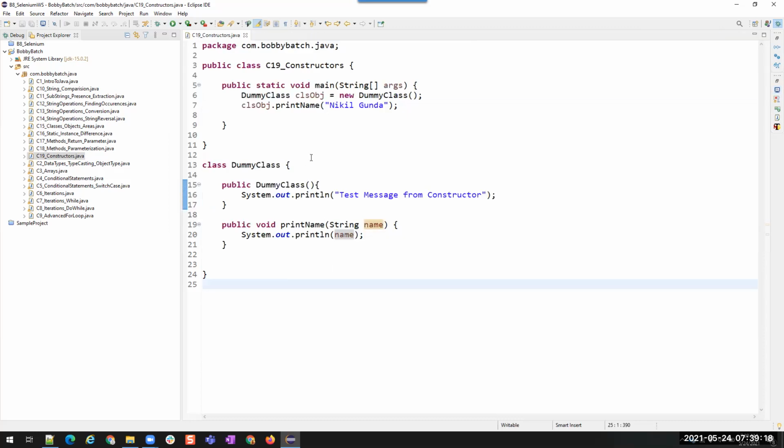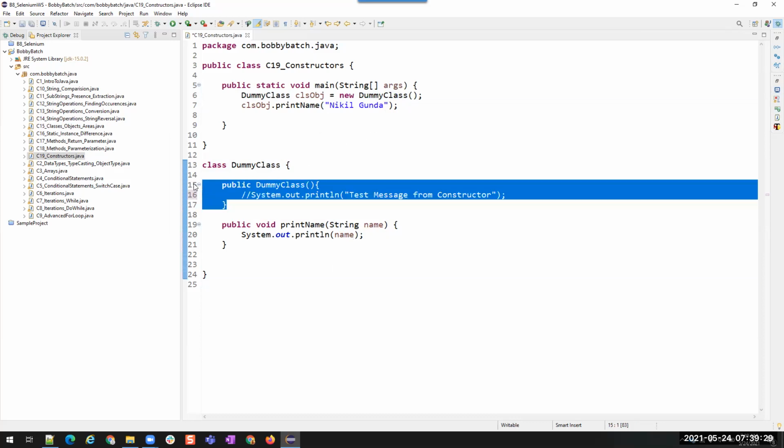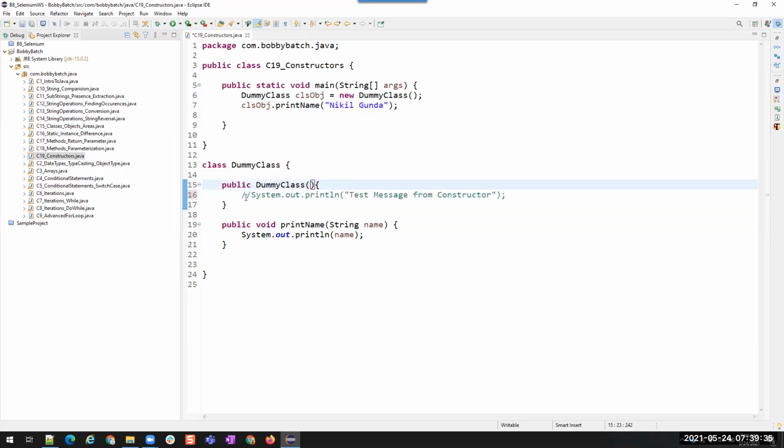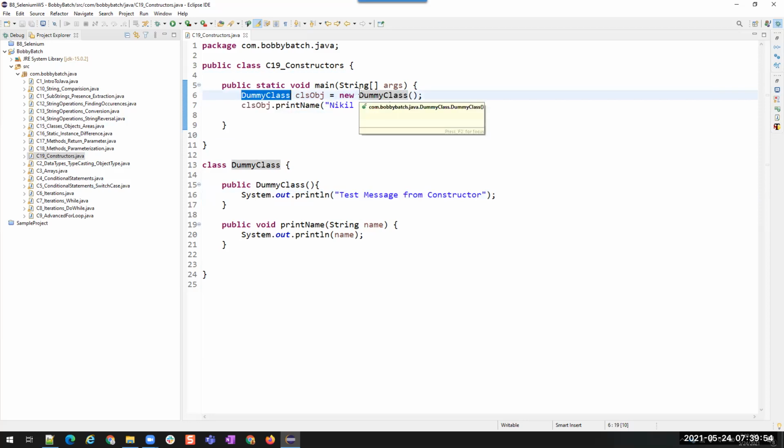Right? If you don't have a constructor, then it is going to assume that we are having an empty constructor like this. So Java assumes that an empty constructor is present. And with this we also understood one more thing. Whenever you are creating an object, the first method that is going to get executed from that class is the constructor method. This is nothing but us calling the constructor method. Okay. So whenever you are creating an object for this dummy class, the first method that is going to get executed is the constructor.